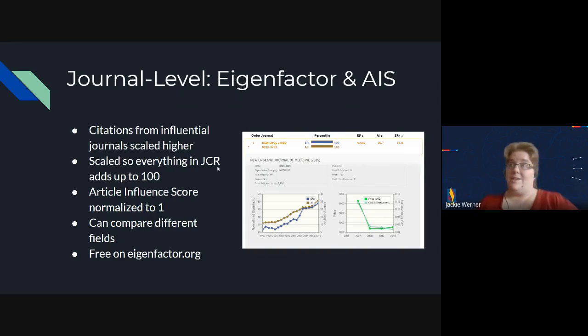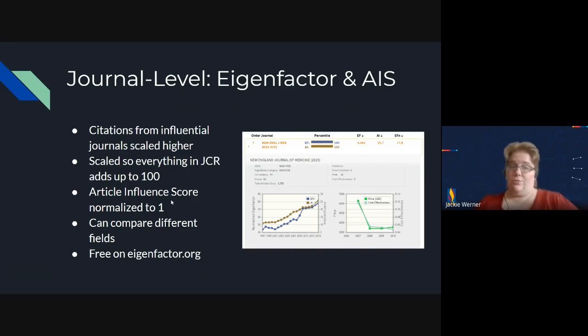And Journal Citation Reports should be getting all of the journals that you're looking at, though it might not have, for example, the newest journals in there yet. But this is meant so you can compare different fields. So, for example, if you're published in Cell, then you can tell that that is going to get more influence and reach than something published in a completely different field.